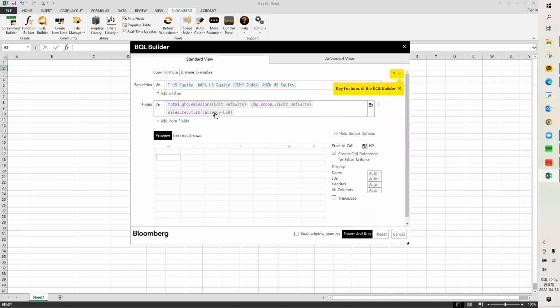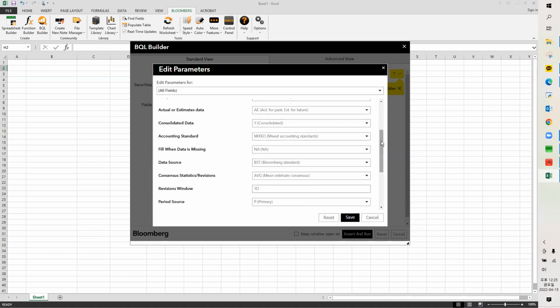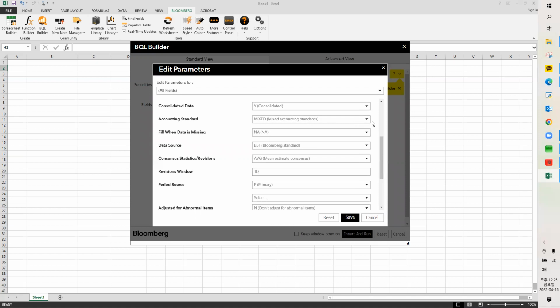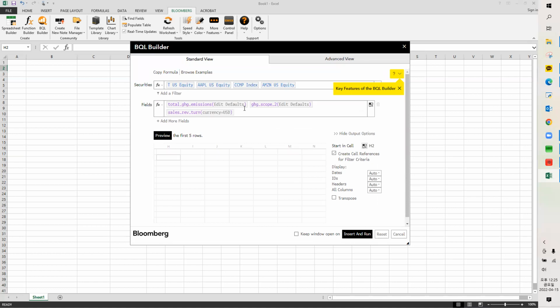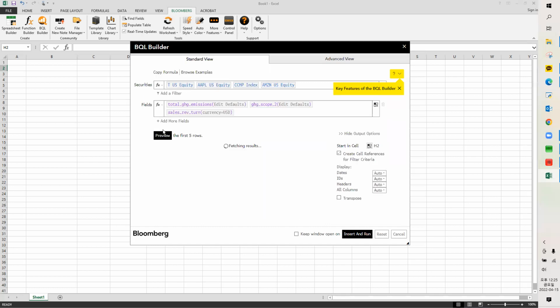So you can see there is an option on this because I changed the currency to USD. And if you do not touch this, it will give you the default data sets. For example, the last 12 months and just annual, consolidated, mixed standards. It means just reported numbers by the company's accounting standard. And if you click the preview button,